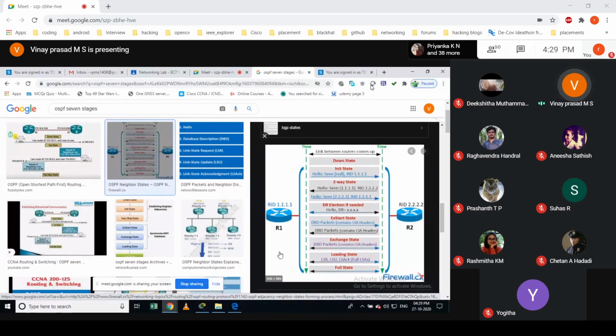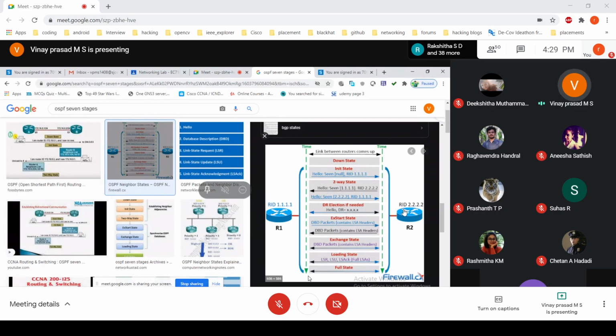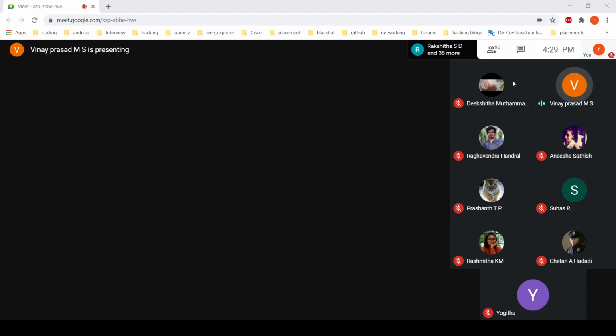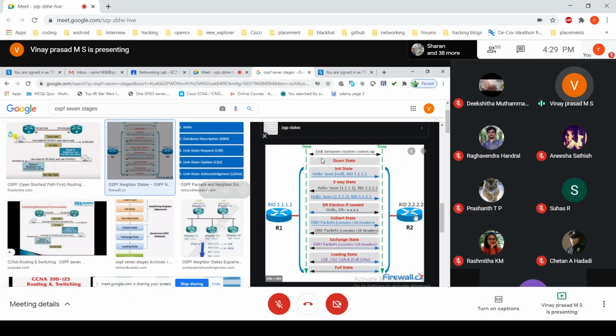It will send from both sides, and once that is received, there will be the loading state. Loading state is where it keeps comparing its database with the packet received from the neighbor. If something is missing, it will send a request to that neighbor router saying, I don't have complete information about this network, please send the complete full advertisement.